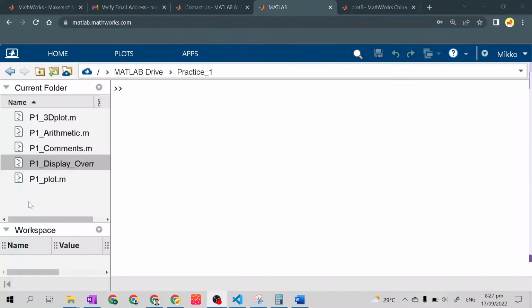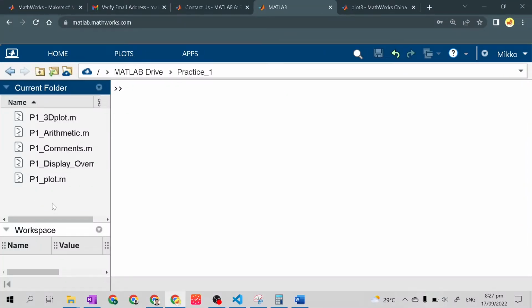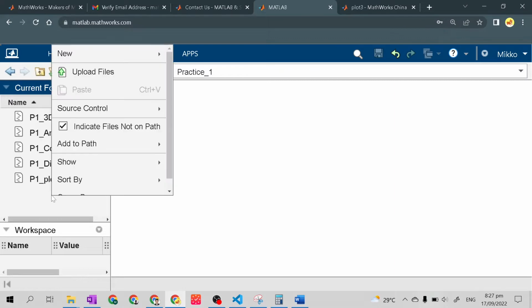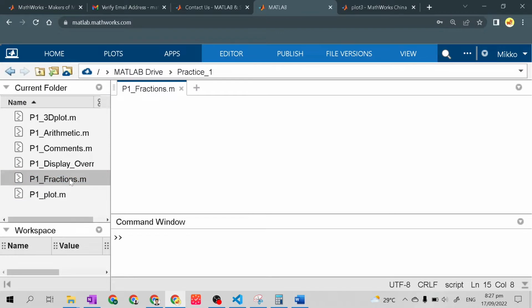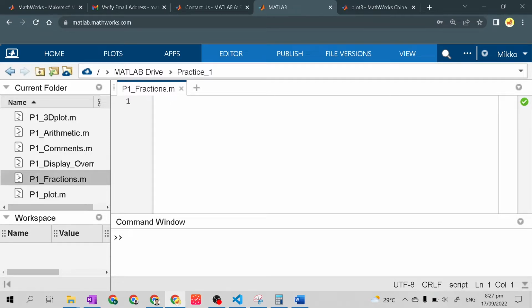Good day, class. For our next lesson, let's make a new script. Let's call it fraction. Before I teach you how to make fractions, or how to print a fraction in MATLAB,